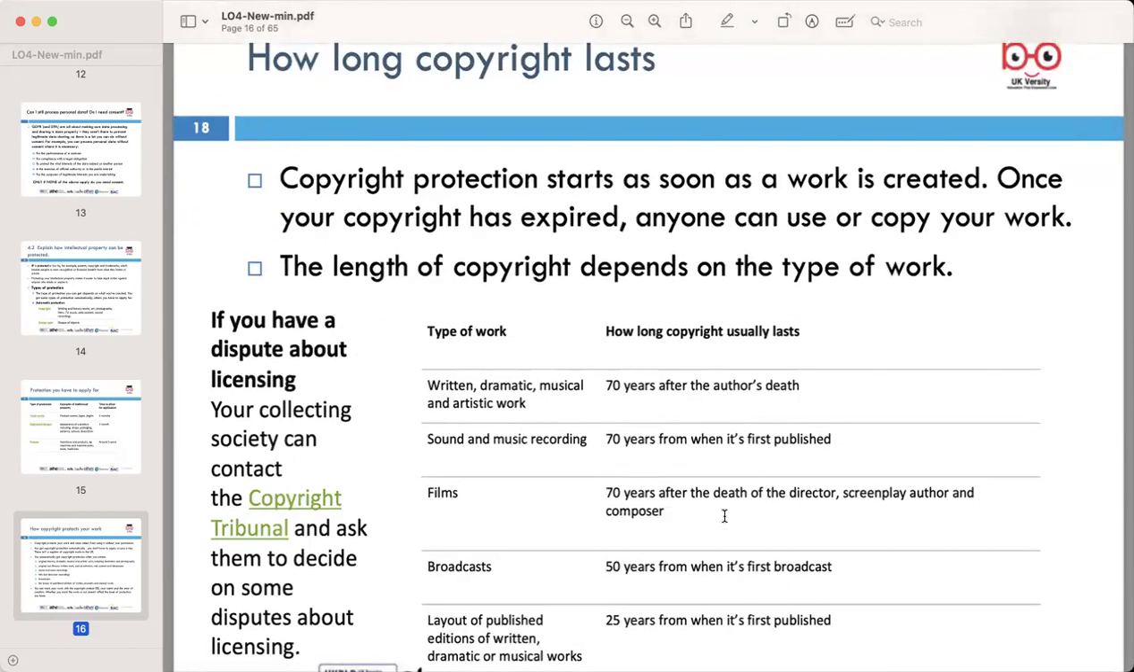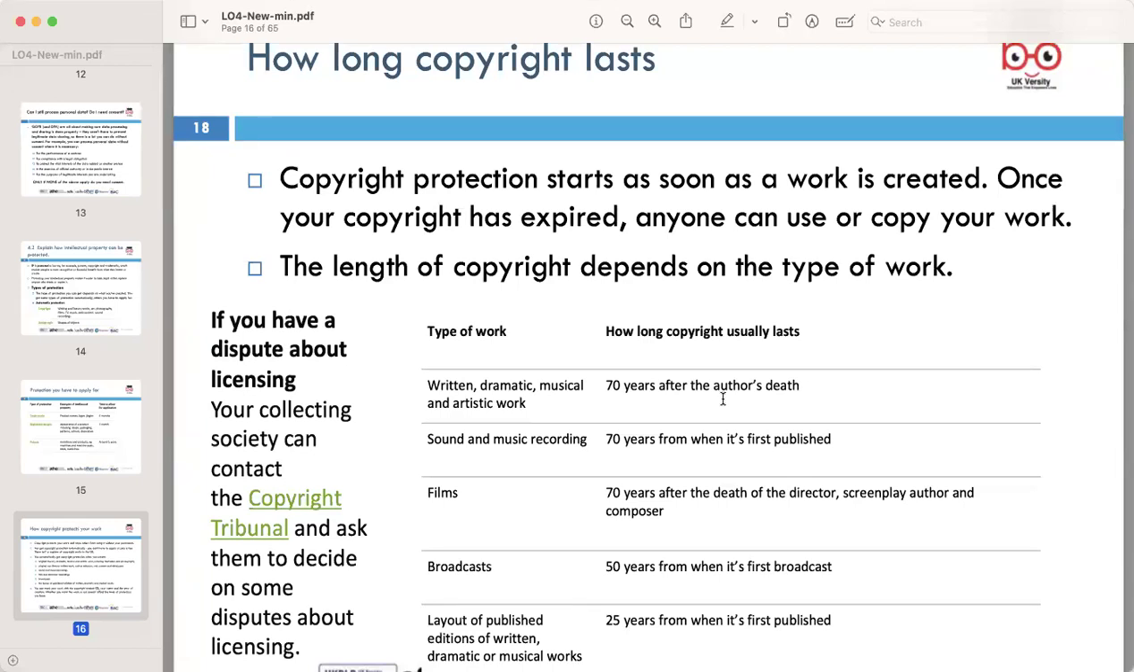How long does copyright last? Copyright protection begins immediately upon the creation of a work, and once it expires, anyone is free to use and copy the work. The duration of copyright varies depending on the type of work. Written, dramatic, musical, and artistic work lasts for 70 years after the author's death. Sound and music recordings persist for 70 years from the first publication. Film extends 70 years after the death of the director,